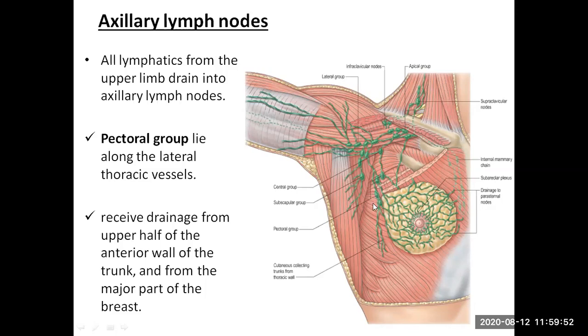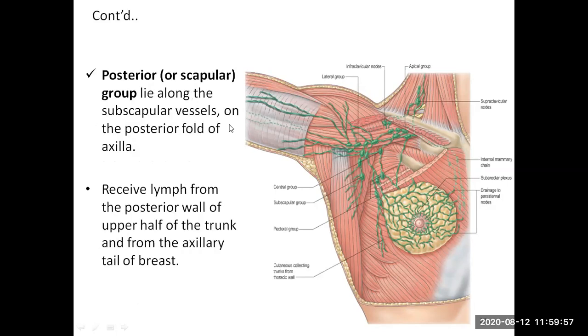Okay, it is the pictorial group of lymph nodes. The posterior or scapular group of lymph nodes lie a little bit posteriorly, along the posterior subscapular vessels on the posterior axillary fold of the axilla. So on the posterior axillary fold,